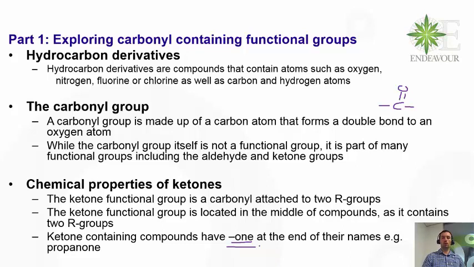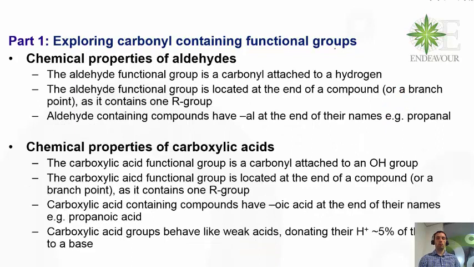For an aldehyde, it has a carbonyl attached to a hydrogen and only one R group attachment. So that means that it can only attach to one carbon chain, and hence it will always be at the end of a compound or at a branch point. And we know a compound has the aldehyde functional group if it has "-al" at the end of the name. Something like propanal or methanal had that "-al" at the end of the name,